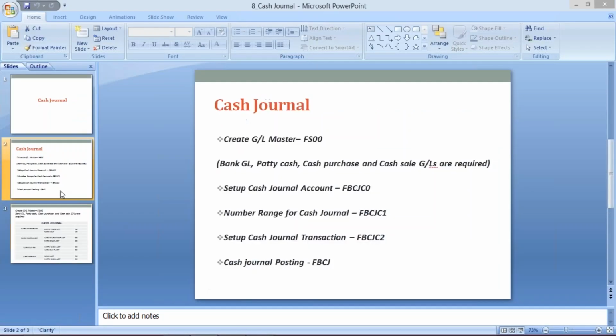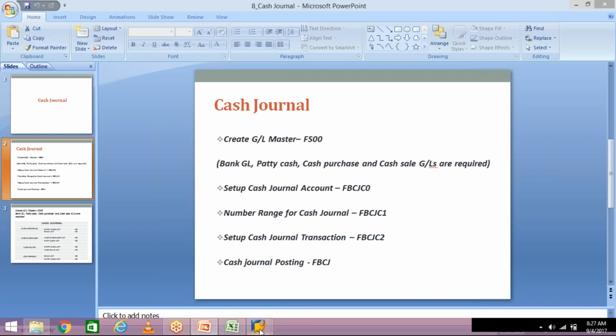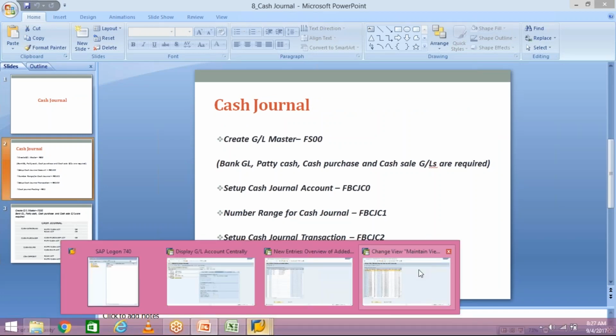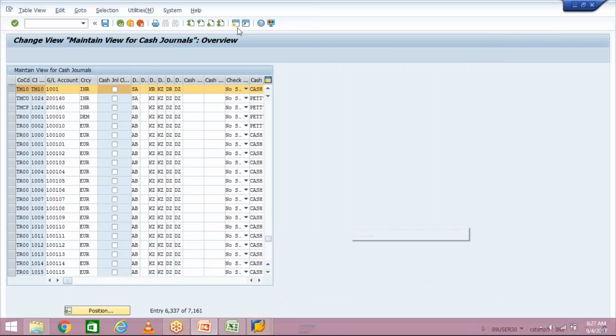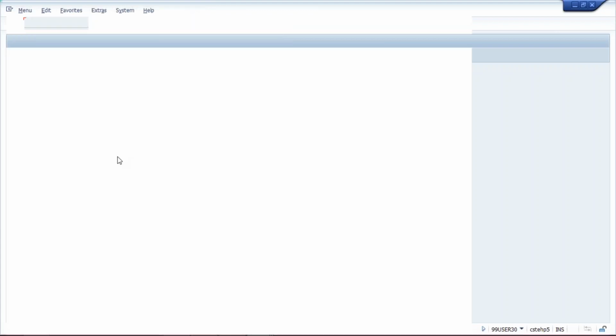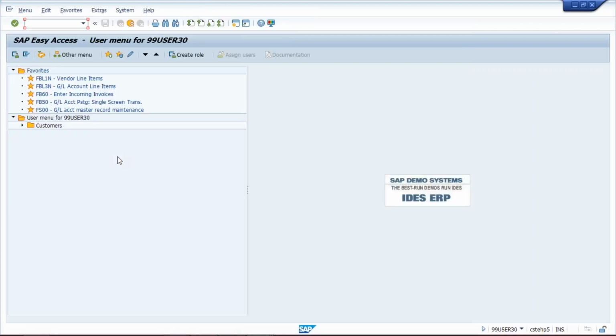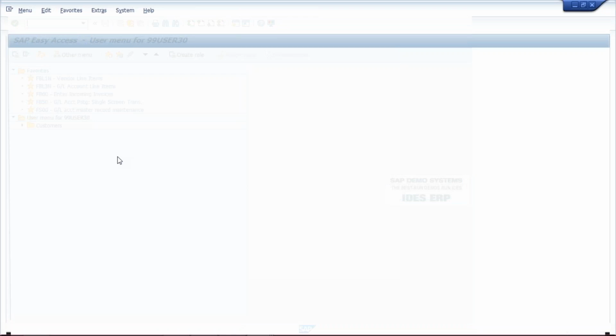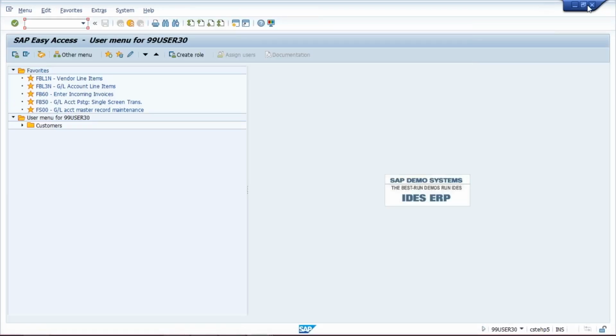While posting a transaction, cash journal posting FBCJ is the transaction code. So I'll just open a new screen. Say for example, a cash expense has taken place.